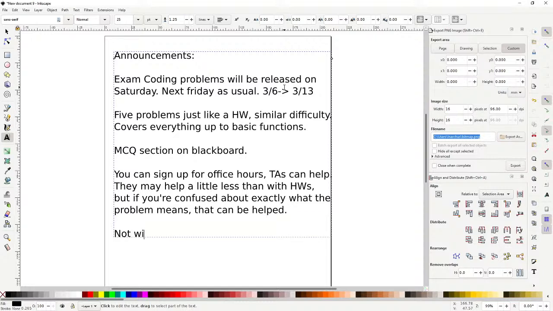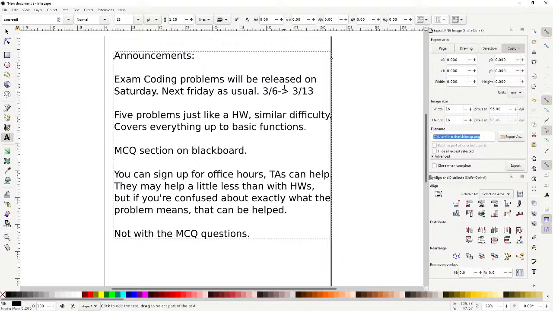Probably not with the multiple choice questions. They can help you understand a question, but hopefully we won't give too many hints as to how to solve them, because it would be unfair if we gave some people hints and some people not.